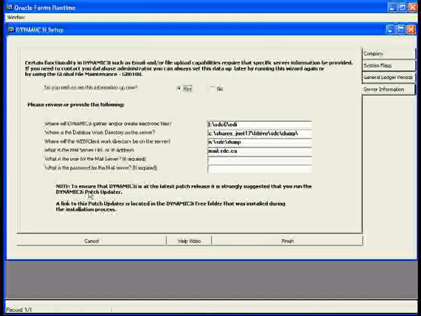It is important to ensure that, depending upon when you download, the Dynamic 3i is up to the latest patch release, so it's strongly suggested that you run the Dynamic 3i patch updater. Now, there is a patch updater, which is located in the free folder that was installed upon installation, and you can go to that folder and simply select the patch updater, and it will execute a database which will actually come to our servers, attain the most recent updates and all the patches, and install them in sequence onto your